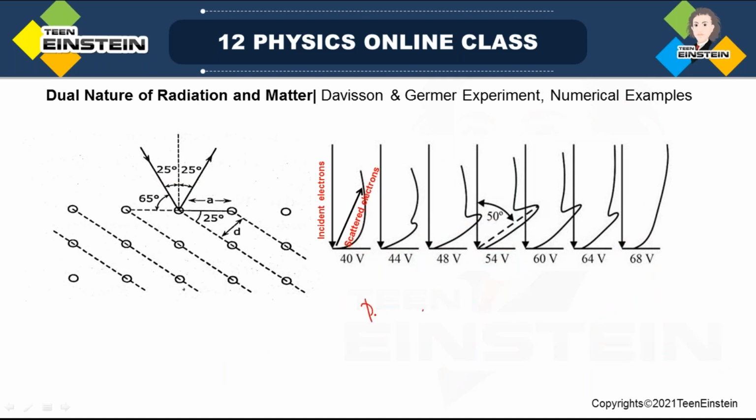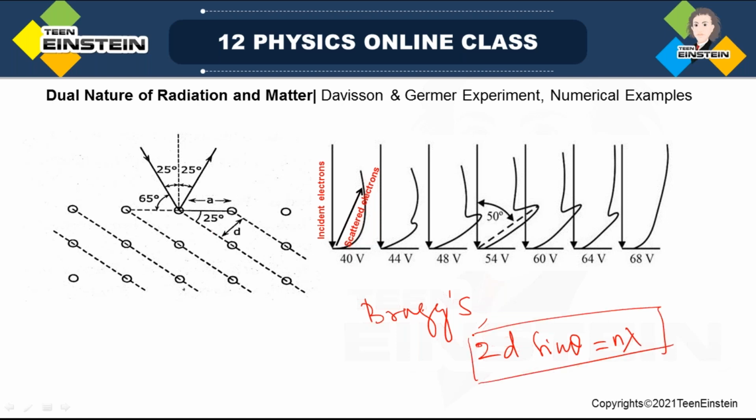So what we can do is calculate from this experiment. We know there is Bragg's law of electron diffraction. What was that? 2d sin theta equals n lambda. This is for nth order diffraction pattern. The nth order diffraction maxima will occur at this condition, 2d sin theta equals n lambda. Now if we just find for n equal to 1,